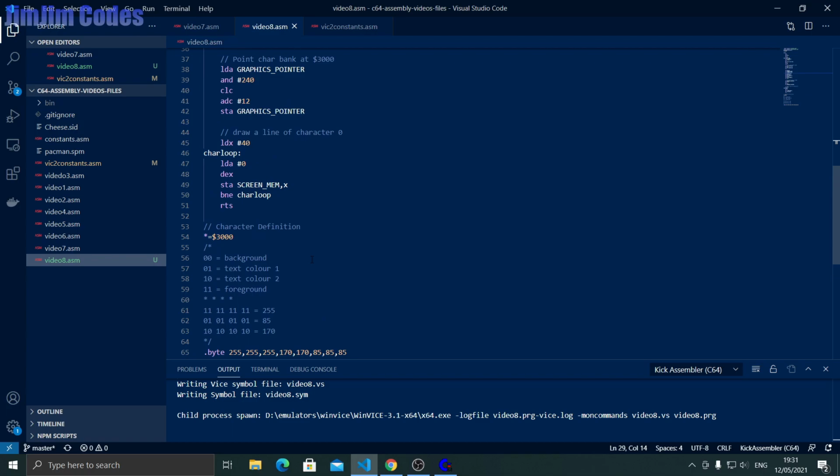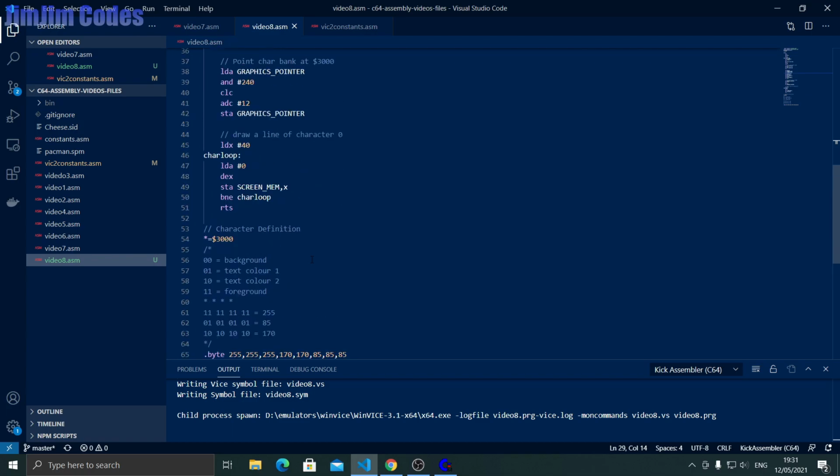Okay, so I'll bring this video to an end now. In the next one we will look at enhanced high-res mode, which is high-res mode, so it's an 8x8 character, but we can change the background colour on different characters. However, the number of characters available to us is a lot less. As I said in the first video, Manic Miner uses that, so we'll have a look at where they're using it and